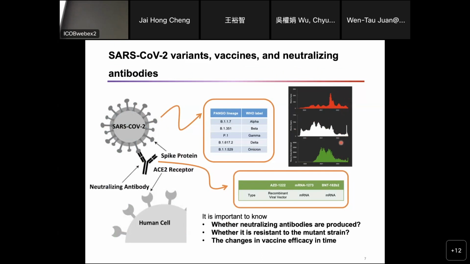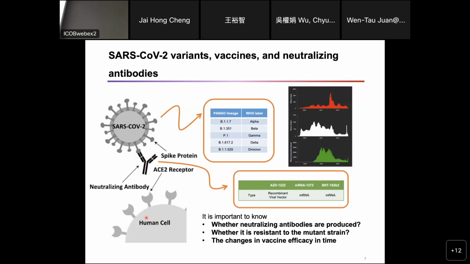And there are at least 3 kinds of the vaccine available, like Moderna, Pfizer, and AZ in Taiwan. And all these vaccines are meant to generate protective antibodies to prevent infection. This kind of antibody, called neutralizing antibody, can bind to the virus and block the interaction to the host